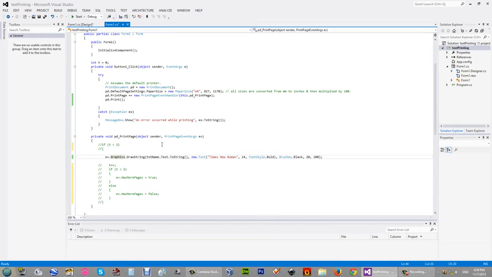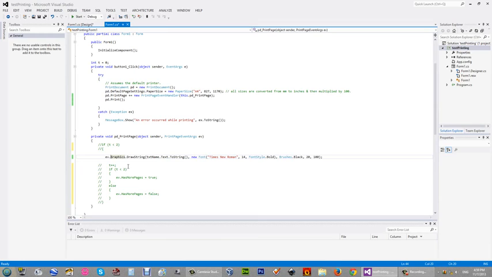There is a property called Graphics inside this PrintPageEventArgs. We are making use of that property to draw something for our printout or print document.